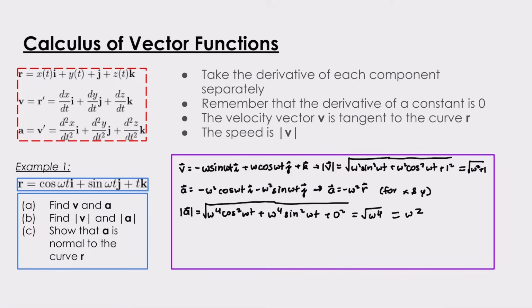So for the last part, we have to show that A is normal to the curve R. This is using the result that I mentioned earlier, which is that an infinitesimal increment in the length of the curve R, so basically the arc length, is in the same direction as the velocity vector. So in order to show that A is normal to the curve R, we need to show that A dot